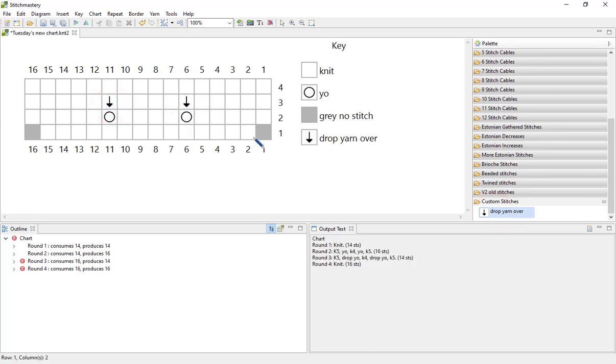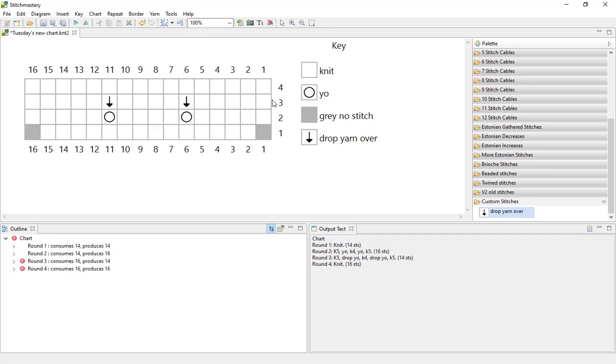Above the yarn over stitches, so in our output text we have round 2, knit 5, yarn over, and then round 3 we've got knit 5 and drop the yarn over, knit 4, and so on. Now of course this means that we have an error in our stitch count, because we've come from having 14 stitches in the first round, adding 2 yarn overs in the second round, so 16 stitches.